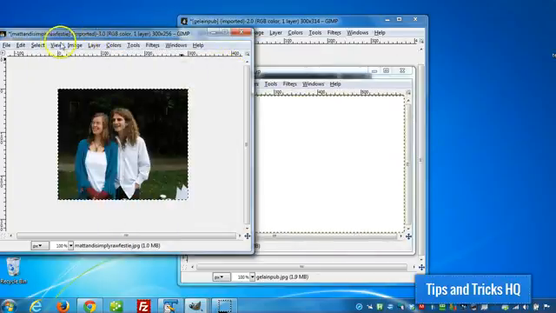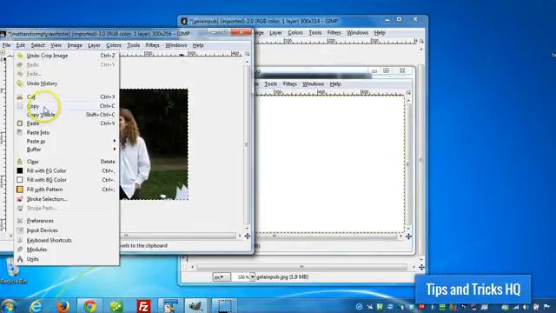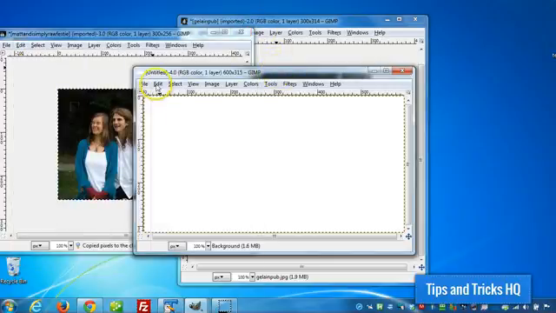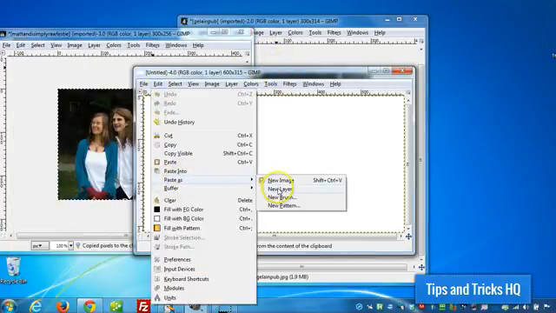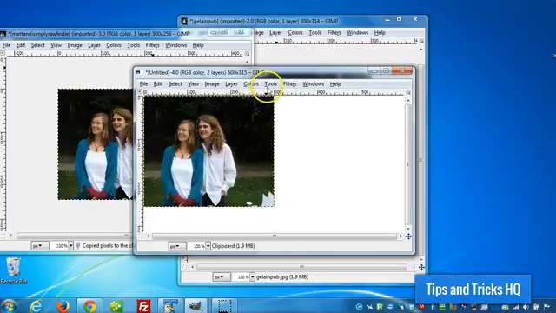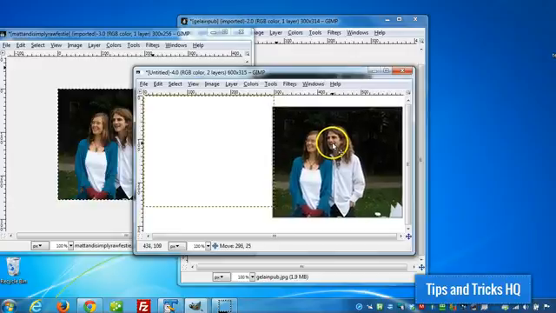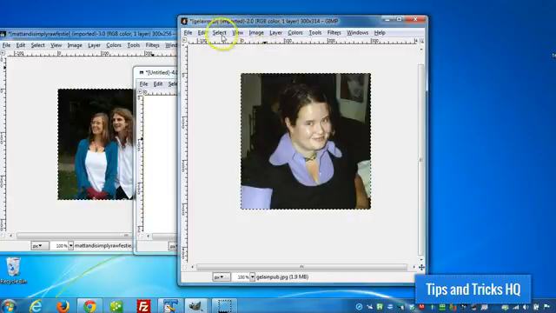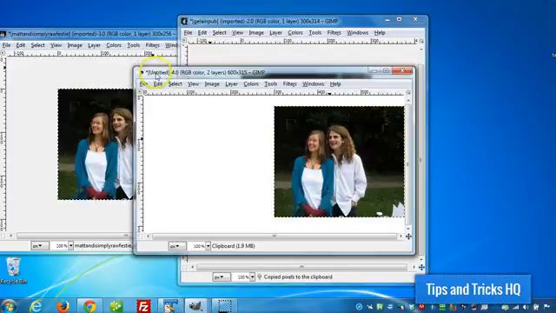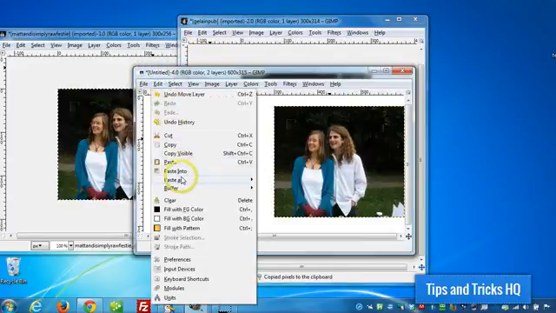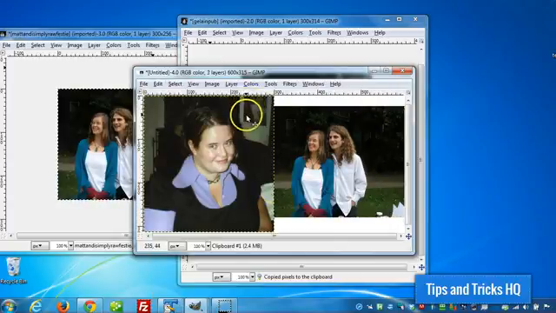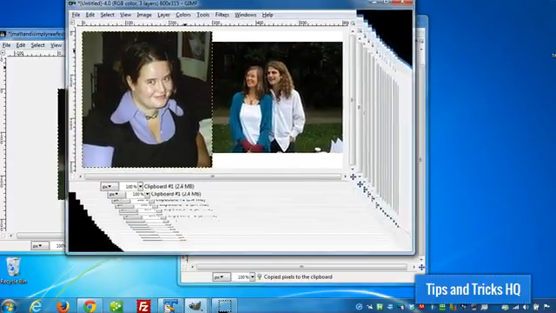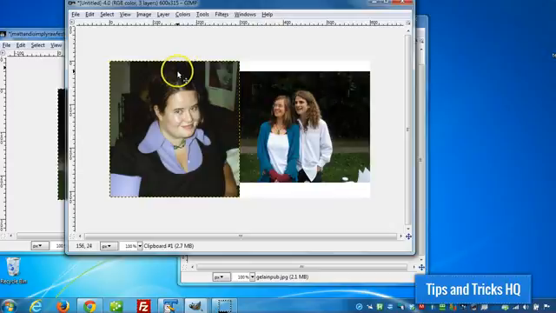Okay, now I'm going to copy and paste each of these images in there. I'm going to paste them as new layers, that way I can move them around however I want. So just go to Tools, Transform Tools, and then Move. This one's going to be on this side. Okay, so let's copy this, edit, paste as new layer, and it's in the perfect spot. Okay, so there's our image, and I'm going to be linking to